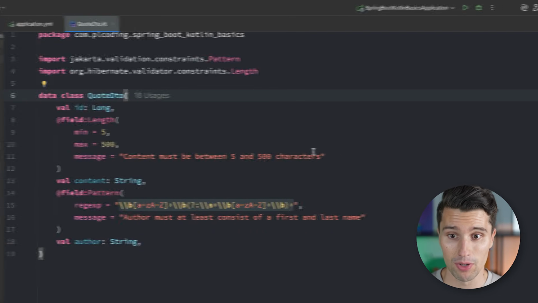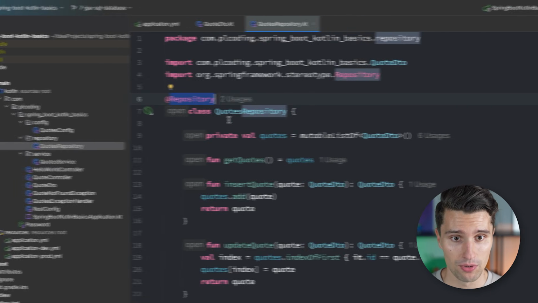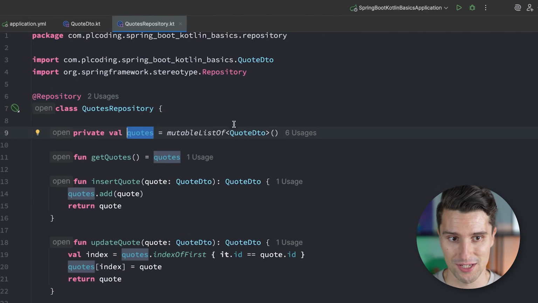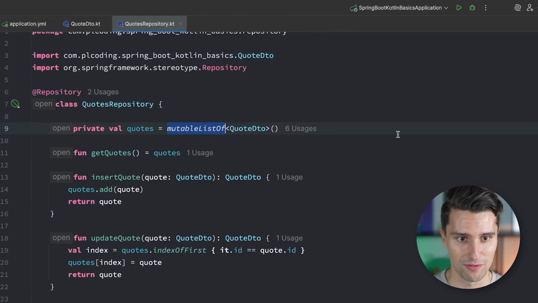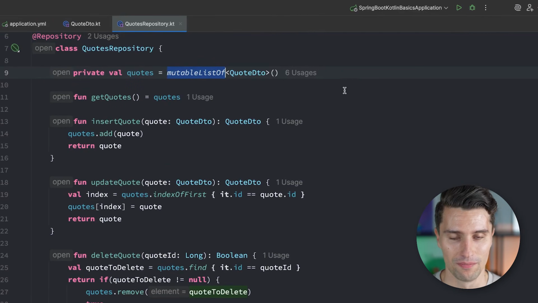codes. Now in this video, we will migrate our currently purely in-memory quotes repository, which stores quotes in a normal Kotlin list after all. We will migrate that to a real repository that really stores these quotes persistently, and these will therefore also survive